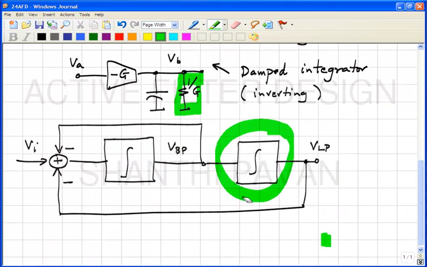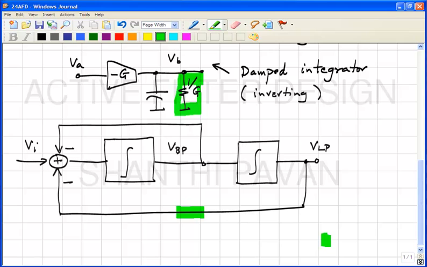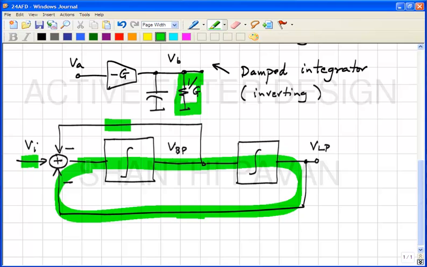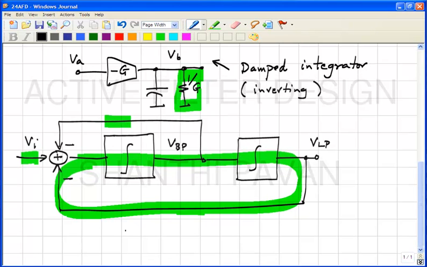So, if the transconductors were different, all that would happen would be each of these branches would have different weights, that is all. But the key point to notice is that the basic pole forming section consists of two integrators in a loop. So, often all these biquad sections are often called double integrator